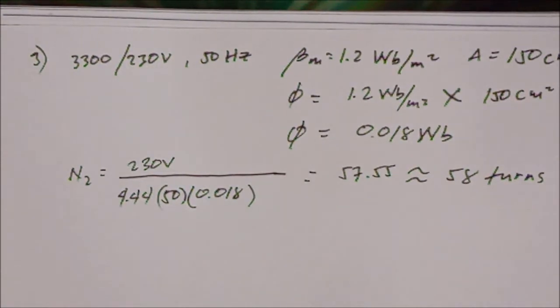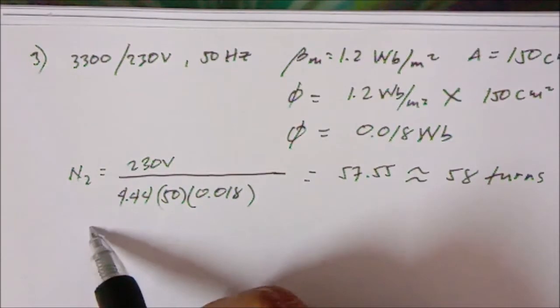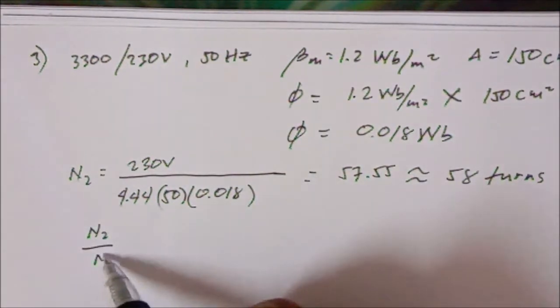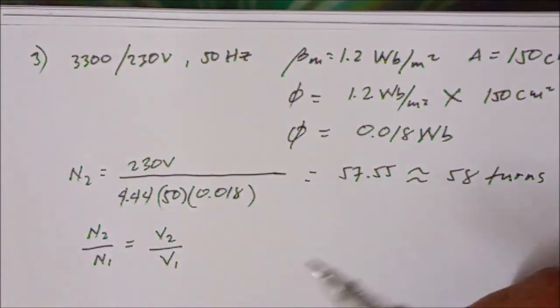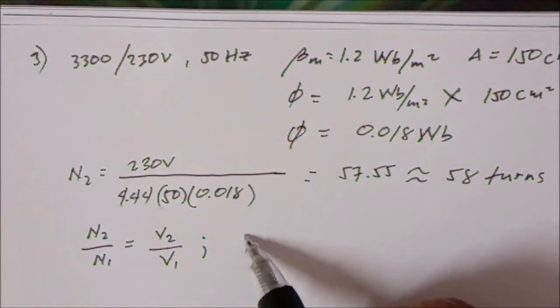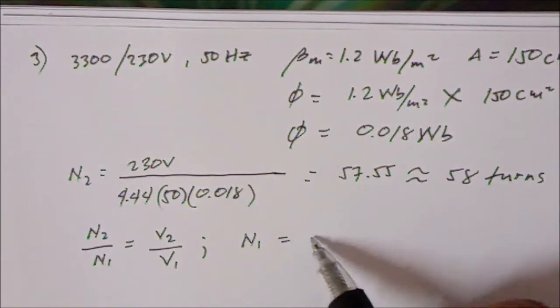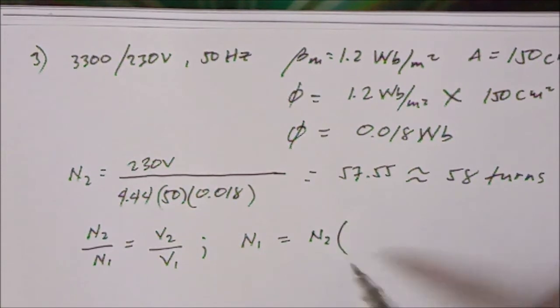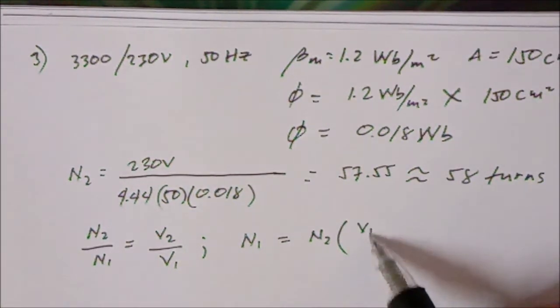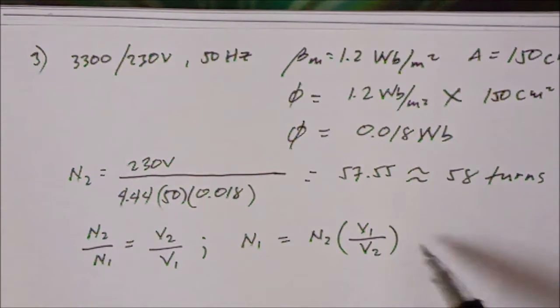After that, kokompute-in si N1 using voltage transformation ratio. Okay, so N2 over N1 is equivalent to V2 over V1. So, dito, makukuha natin si N1 as equivalent to N2 times V1 over V2. So, N2 is 58